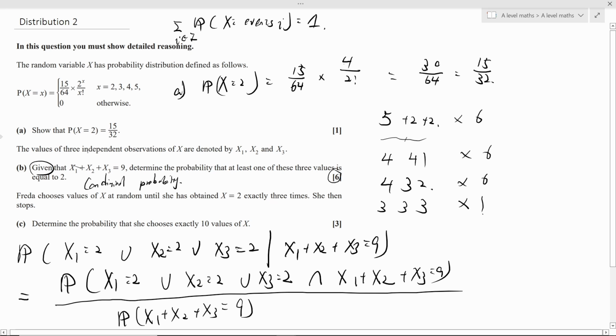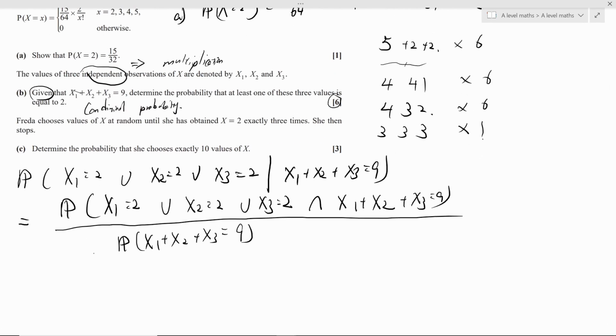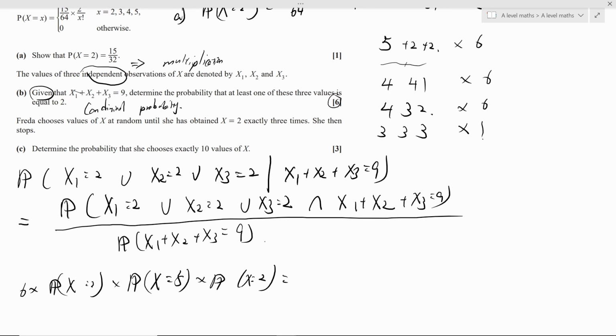One of the properties we haven't used here is that they're independent. As I said, independence implies multiplication. So for any one of the particular combinations, let's say x1 is 2, x2 is 5, x3 is 2, this basically is the probability of